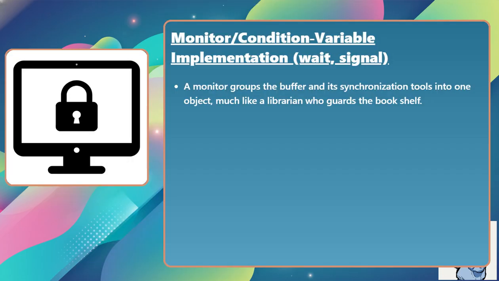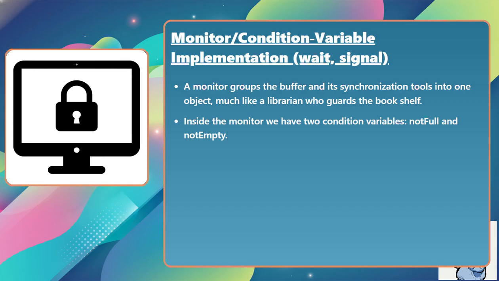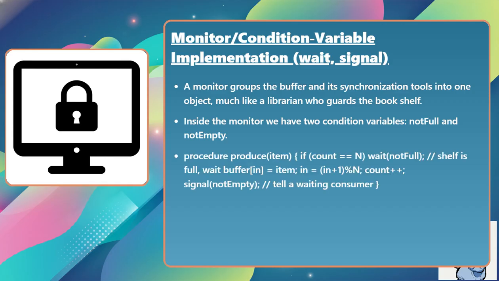A monitor groups the buffer and its synchronization tools into one object, much like a librarian who guards the bookshelf. Inside the monitor we have two condition variables, notFull and notEmpty. Procedure produce(item) { if (count == n) wait(notFull); // shelf is full, wait buffer[in] = item; in = (in + 1) modulo n; count++; signal(notEmpty); // tell a waiting consumer }